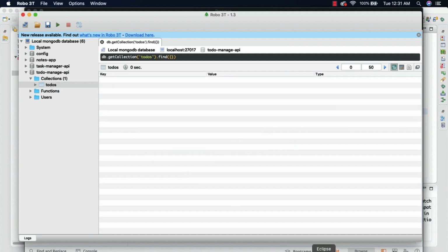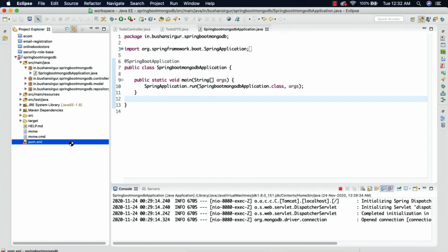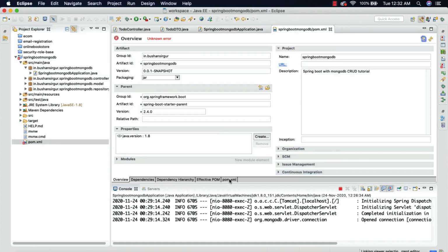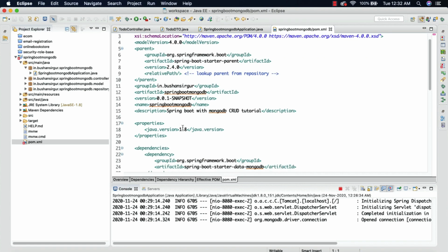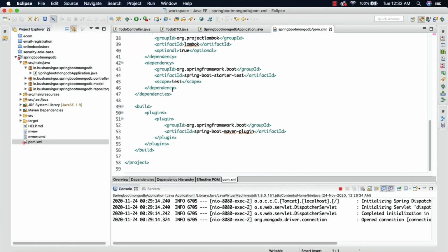Okay, so let me open my Eclipse. First we are going to add one more dependency, the starter dependency for the validation, so that we can add some validations to our REST API. Let me open my pom.xml, and the dependency that we're going to add is Spring starter validation.